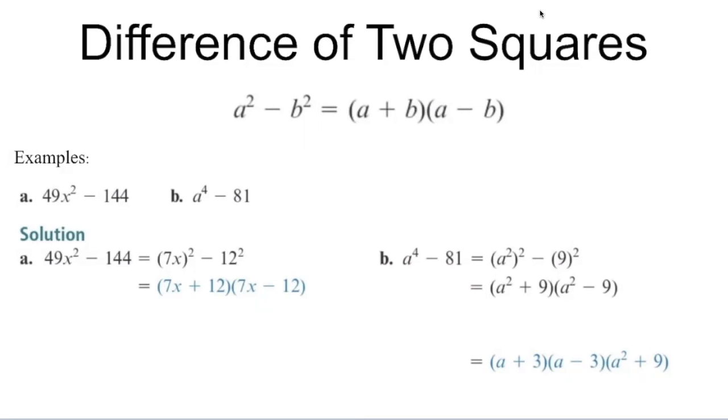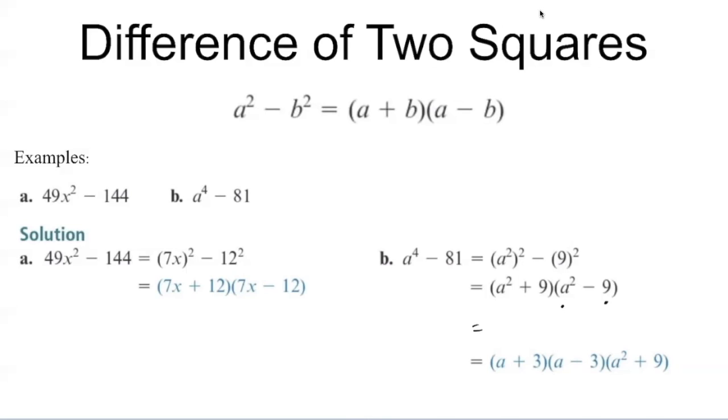You'll see in the next example that I still do have technically two squares, even though I have a to the power 4. Well, the square root of a to the power 4 is the same as saying a squared, squared. And the square root of 81 is 9. So then I could say that it's a squared plus 9 and a squared minus 9. But look again, a squared is still a square number and 9 is still a square number. I can't do anything with a squared plus 9, but a squared minus 9, once again, I could state that